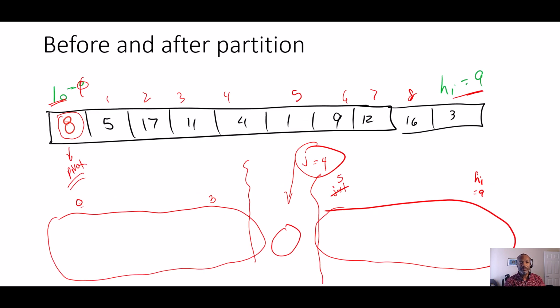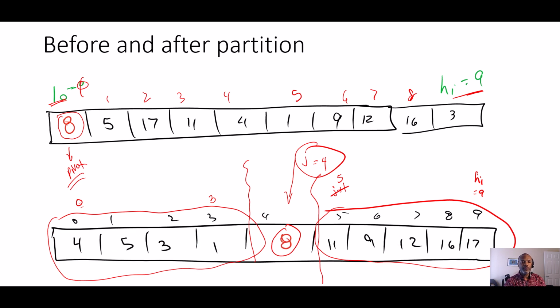Well, in this particular version of the algorithm, we're always going to select the value in the leftmost position. So a sub low will always be our pivot. And in this case, when the first call to quicksort sees 0 through 9, it takes the 8 as the pivot. But when we have completed one running of partition,